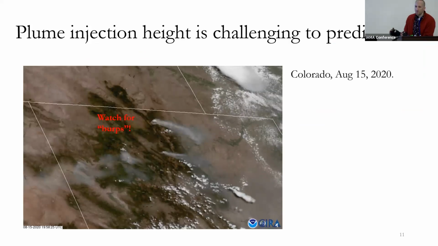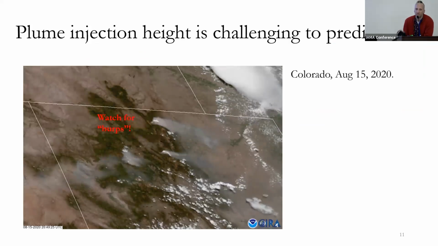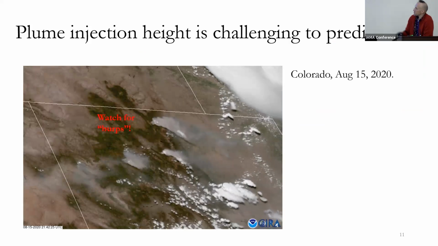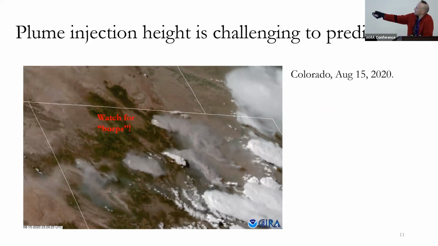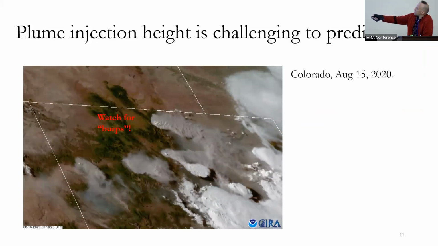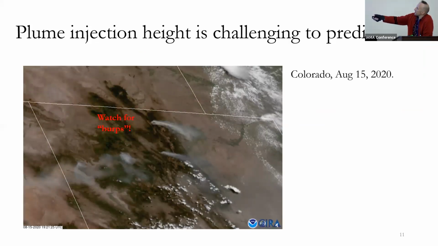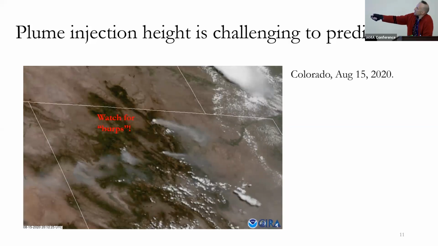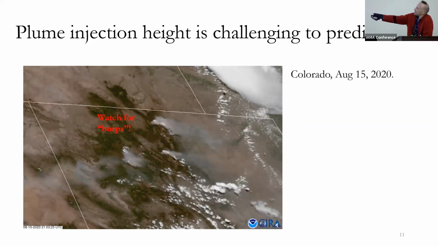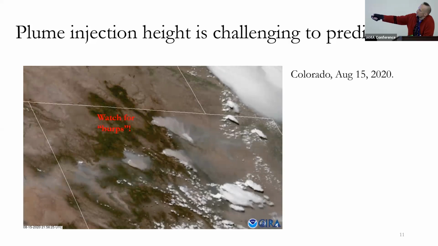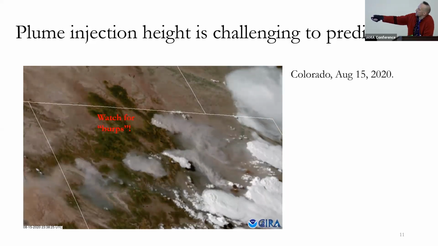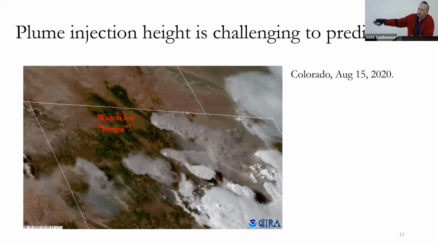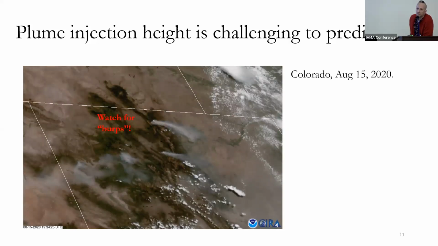All right, so now let's rewatch this video and just try to focus on plume injection height in this. You can see in many of these plumes, it might be easiest to see in this one, that you get a bit of a shadow underneath. Here we're starting, the smoke's being emitted at the surface. And as the day goes on, the smoke starts getting emitted into the lower free troposphere, you get a shadow. And then every now and again, maybe it's this one, you get this big burp of the pyrocumulus and you see that huge shadow underneath. So that plume's going up to like 10 kilometers.